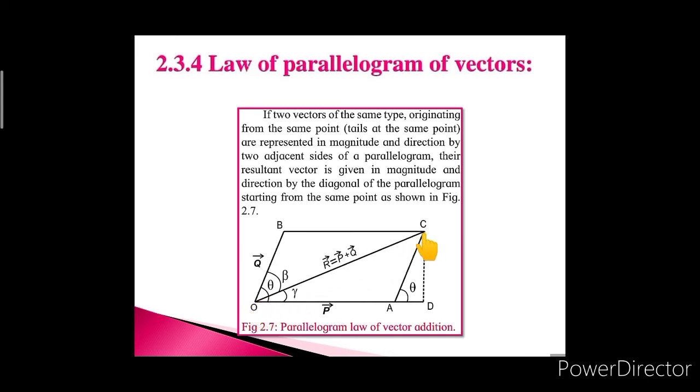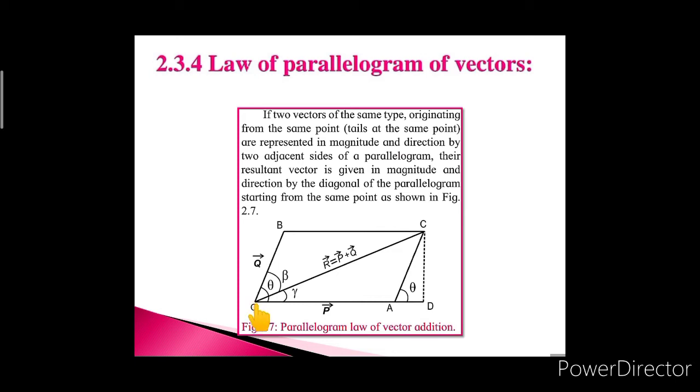As this vector OC represents the resultant of the addition of vector P and vector Q, which start from the common point O, when we add these two vectors and apply the law of parallelogram of vectors,